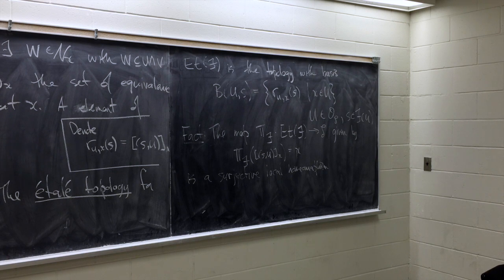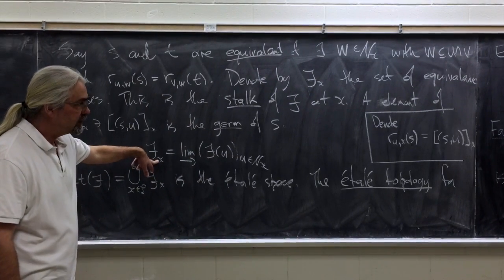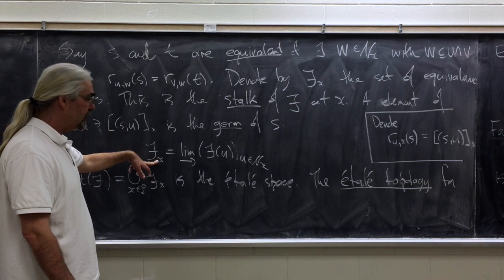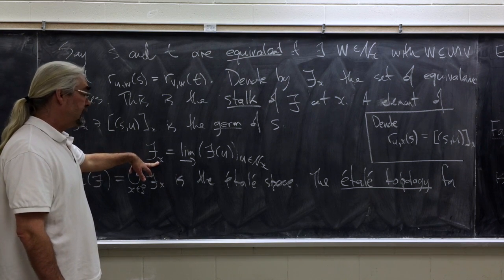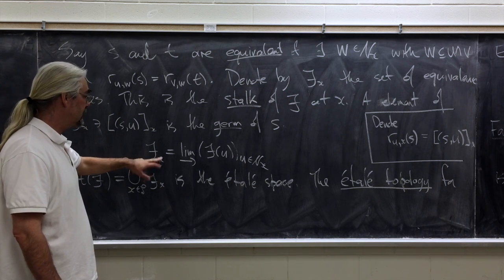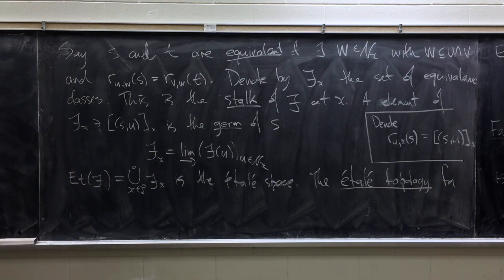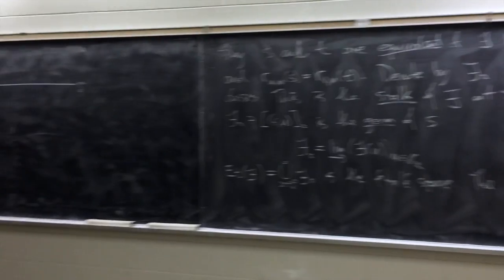So here's the picture you should have in your mind about what the étale space looks like. You have these stalks over each point x. You're kind of inclined to think of these as being fibers, and they sort of are, but it doesn't work in any way like a vector bundle works, because stalks of neighboring points are connected to one another by the étale topology. So if your topological space S looks like that,